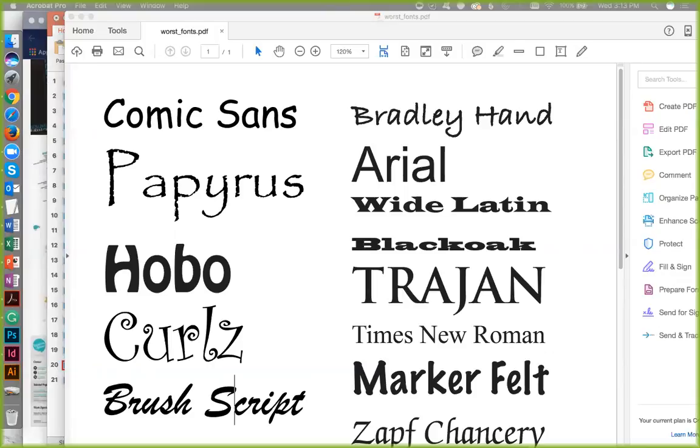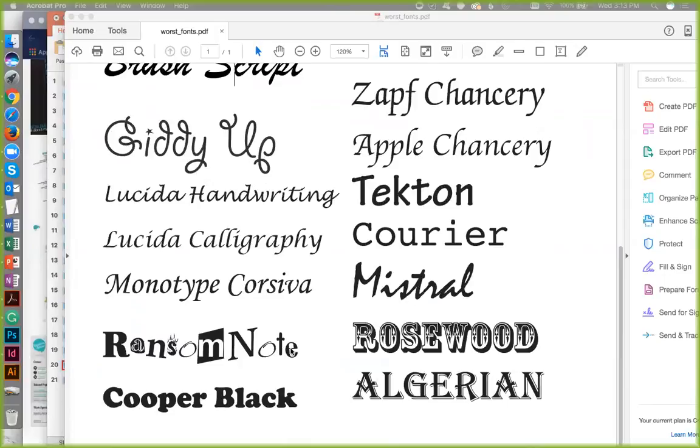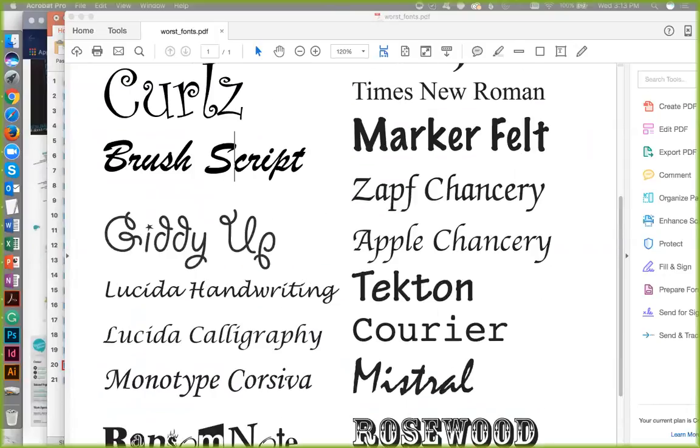So things like Comic Sans, Bradley Hand, Brush Script, Marker Felt, anything that looks handwritten, Giddyup, Tekton, Mistral, those typefaces are the brunt of bad jokes.